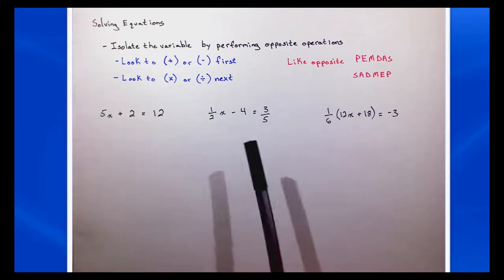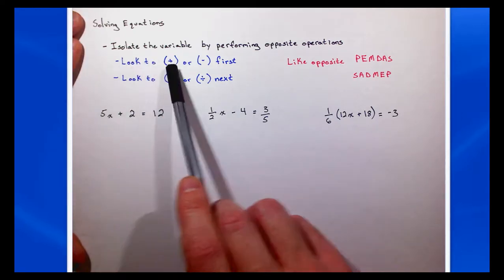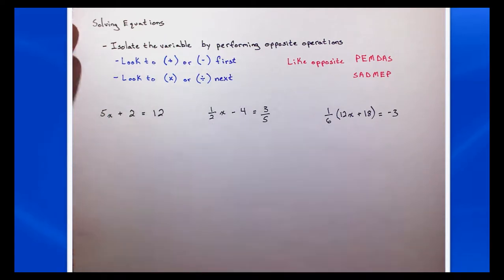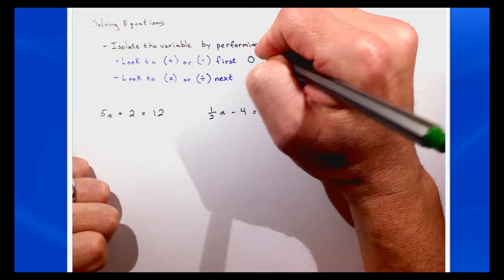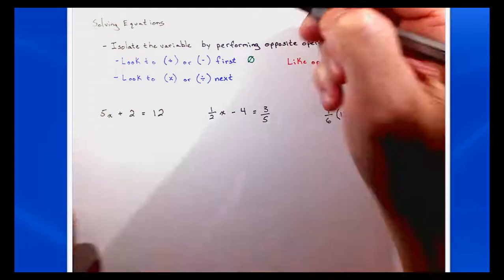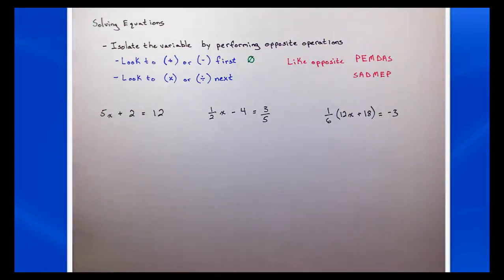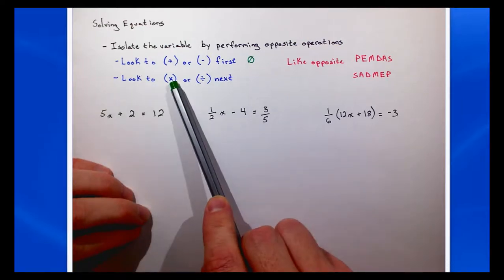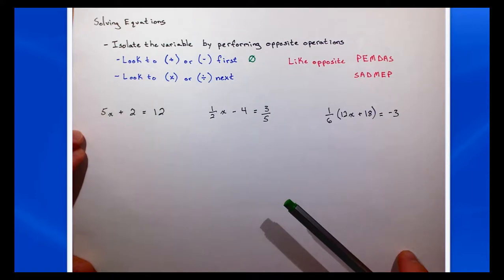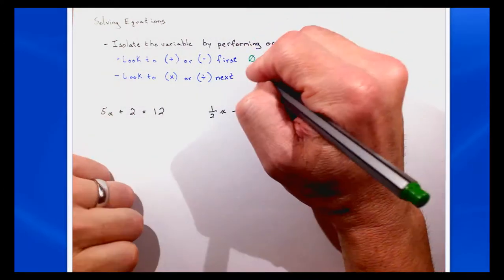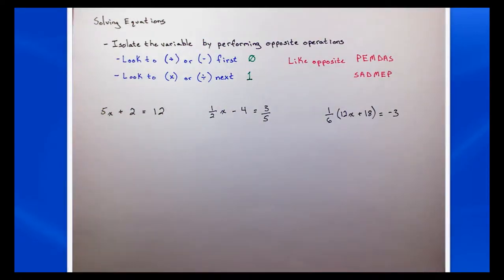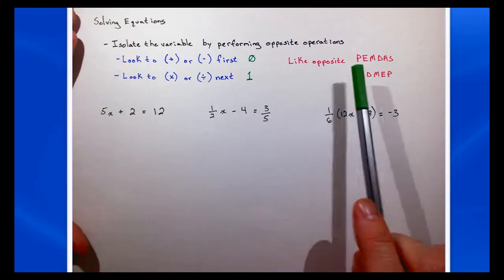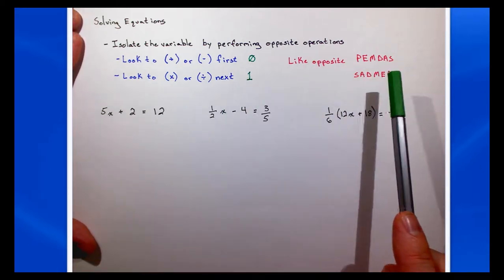My goal is to first look at, can I add or subtract first? And whenever I add or subtract, what number am I trying to create? I'm trying to create a zero. The next thing I'm going to look at is multiplying or dividing. And the number that I'm trying to create whenever I multiply or divide is 1. And really what I'm doing is I'm doing the opposite of the order of operations in solving for